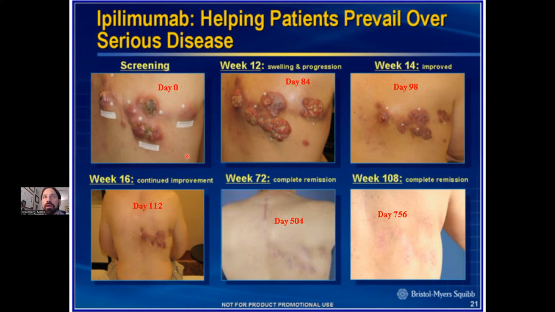How are we going to cause this inflammation? We block the negative regulator switch. So in this case, there's a lot of CTLA-4. Why is there a lot of CTLA-4? It's because the cancer doesn't want the immune system to kill it. The cancer wants to survive. And so it's going to turn off the immune system by using a lot of CTLA-4 to shut down inflammation. Here, what we're doing is we're blocking that negative regulator. We're blocking CTLA-4 with IPI, and when IPI is administered, 12 days after administration, you can see these lesions are